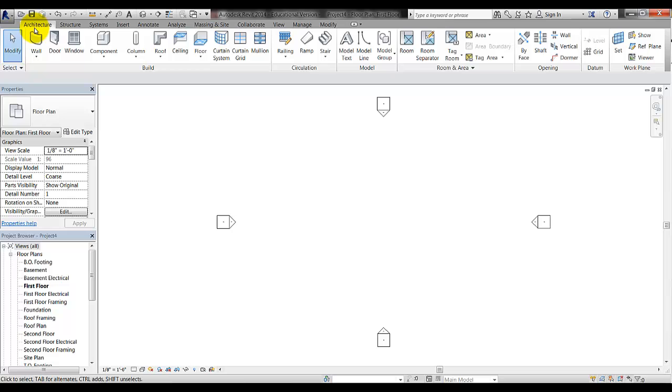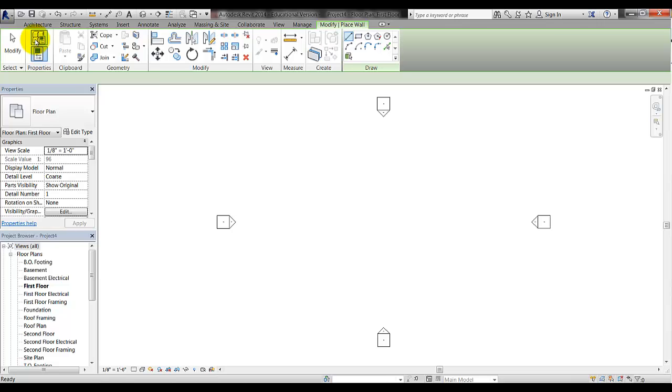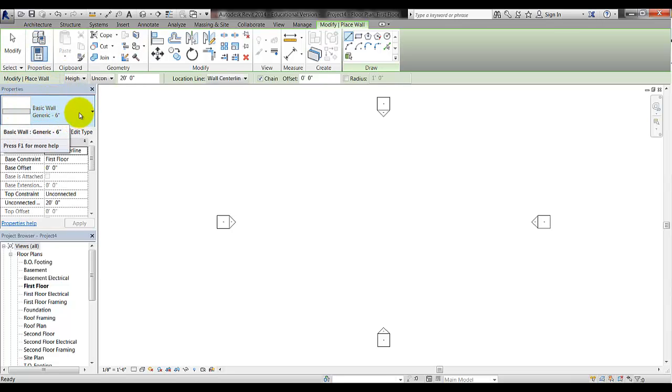So under the Architecture tab, you'll see the wall icon, and if I click the wall icon, the Properties panel will adjust, and it will tell me right away that I'm looking at a basic wall, generic 6 inch. That's the wall type that we're going to start with. Down the road, we can change to a different wall type that's specific to our exterior walls. You'll also see the options bar appear, and the options bar allows us to set the height of the wall. In this case, I'm going to change this to 9 feet,